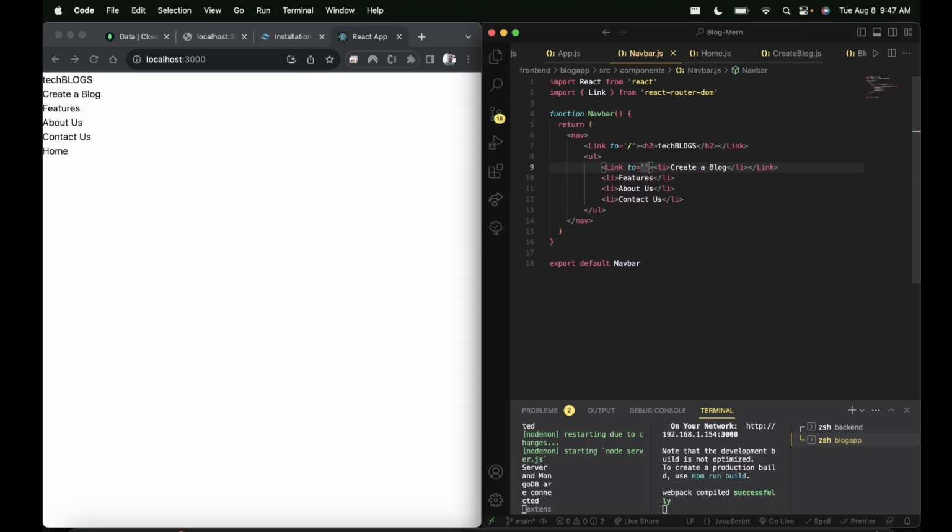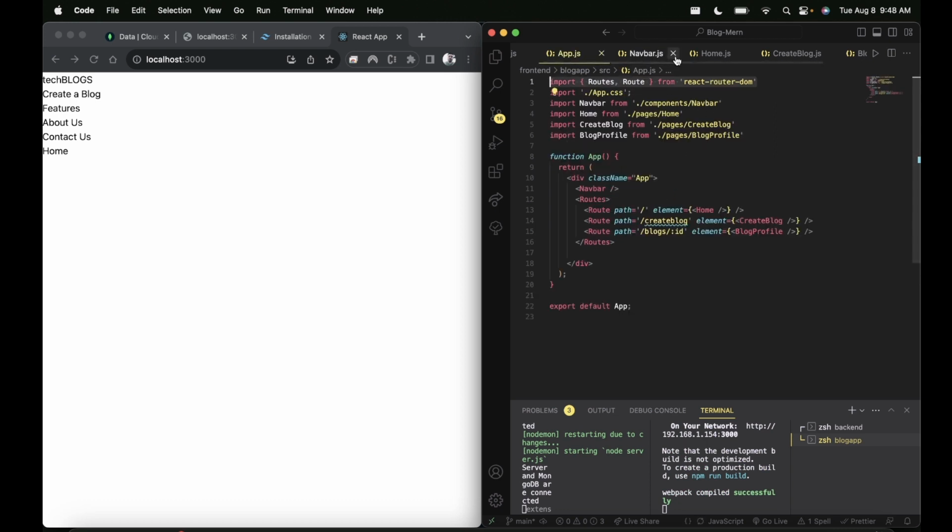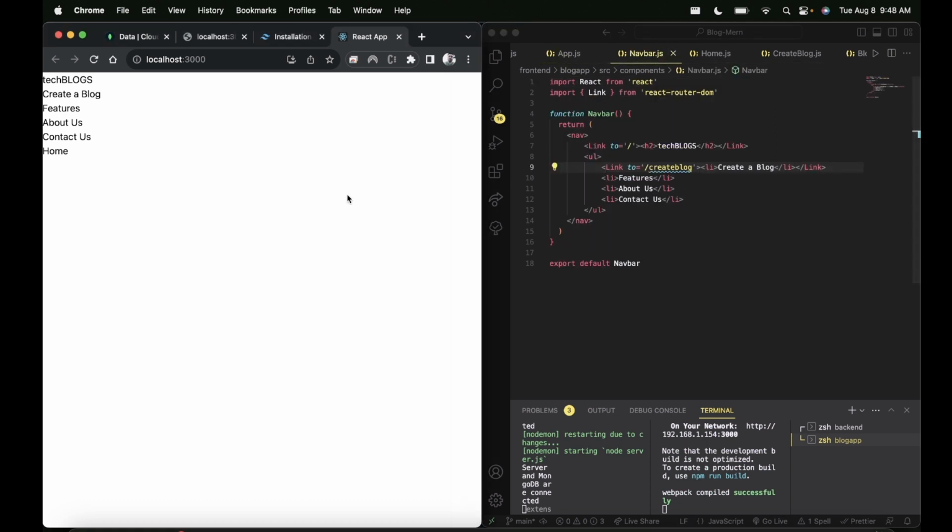And then we can make this /create-blog, and just make sure it's consistent with this here, create blog. Yep, perfect. So as you can see, it should take us to create blog. And if we click it, it should take us to create blog. Look at that, now it's working, right? That's pretty cool. So let's just go back to the home page,